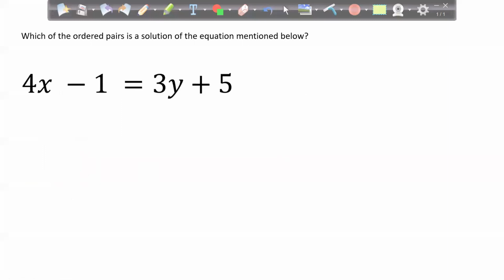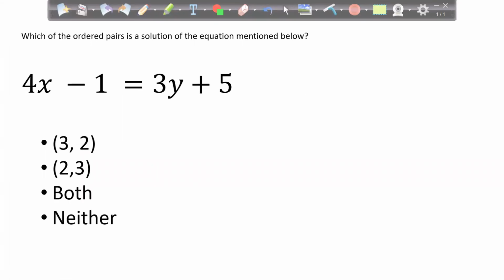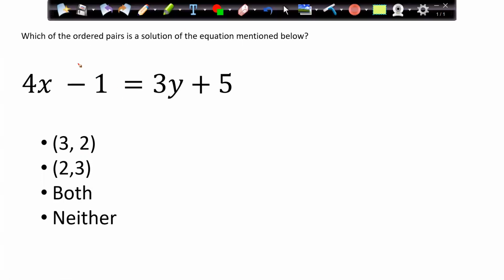Let's have some more examples. And again, we are doing this example so that we'll have a better understanding of the linear algebra, which we studied in our school days. Which of the following ordered pairs is a solution of the equation, right? I'll start again passing this. Maybe first of all, I'll simplify this particular equation.